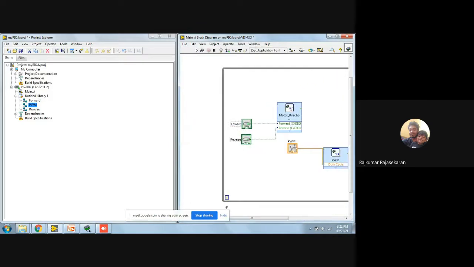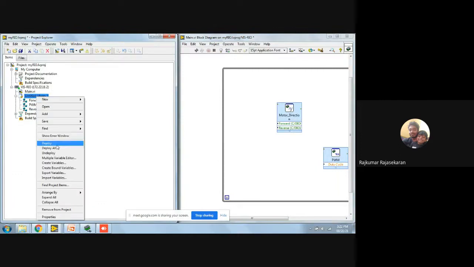As I told, these controls will cease to exist when it becomes deployed code. You cannot control it. So what we'll do is communicate this data via this shared variable. So I'll right click and save this library.